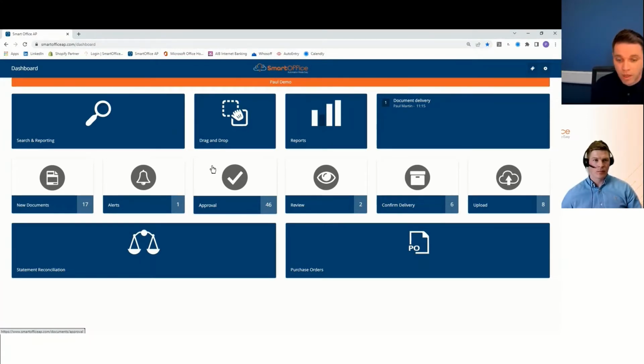The way we primarily want invoices in, or credit notes, or statements, or expense claims is through digital document submission. So that means an email address. And what we do is we set up a custom email address for each client. In Brendan's case, who's on the call here with us, it will be huntoffice@smartofficeap.com.